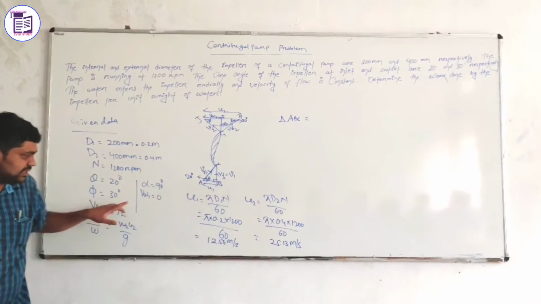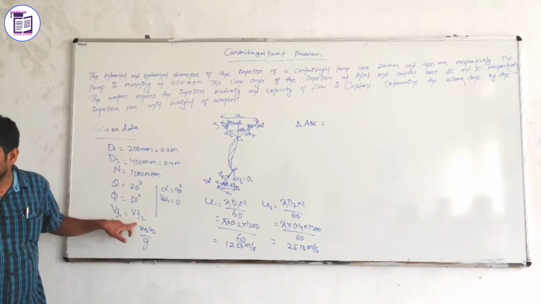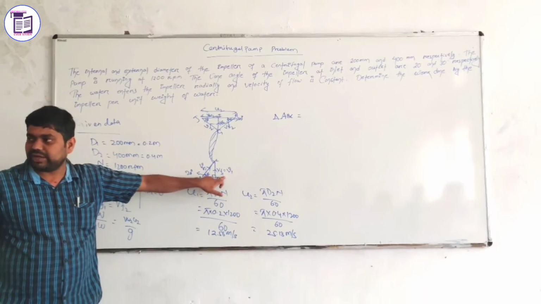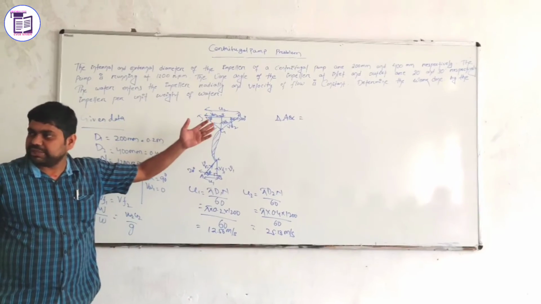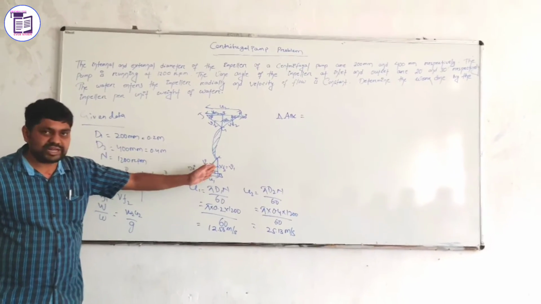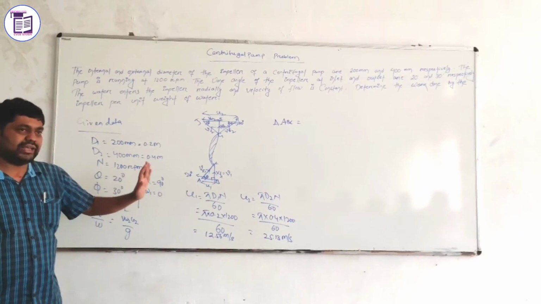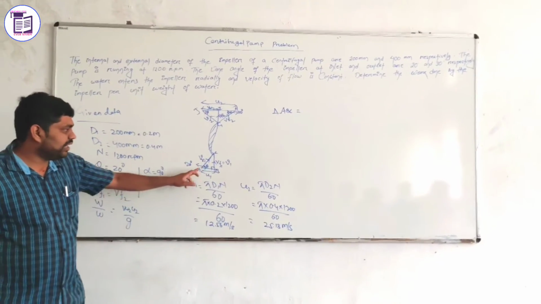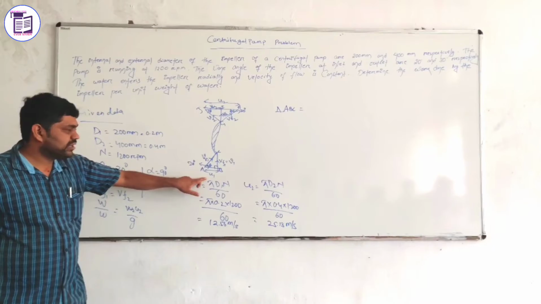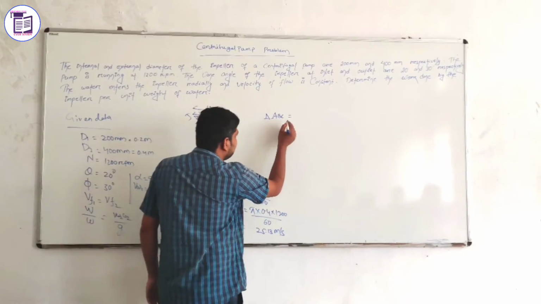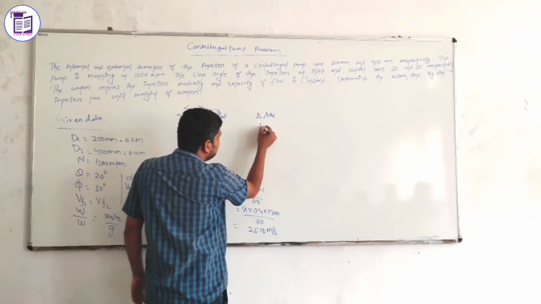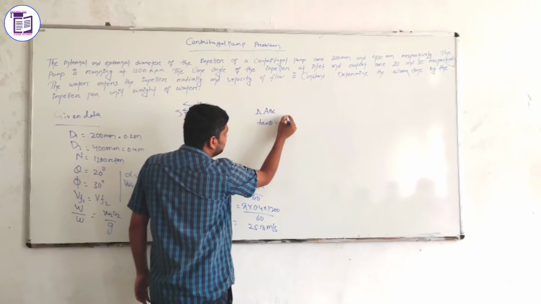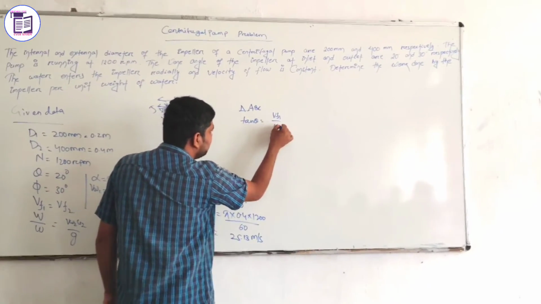So from this relation, VF1 is equal to VF2. So you have to find the VF1 value, then you can find the Bw2 value. So using this first triangle we find VF1. Finding VF1 using what? Using the relation of tan theta. Tan theta is equal to VF1 by U1. So for the triangle ABC, tan theta is equal to VF1 by U1.